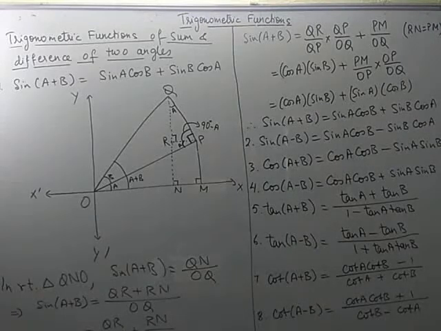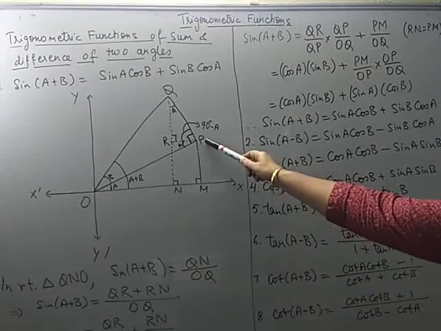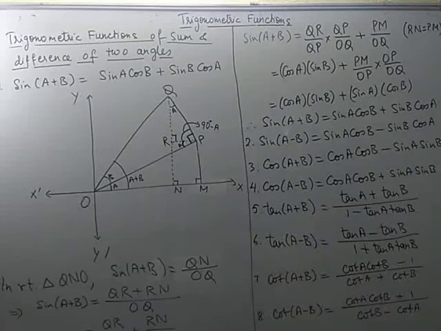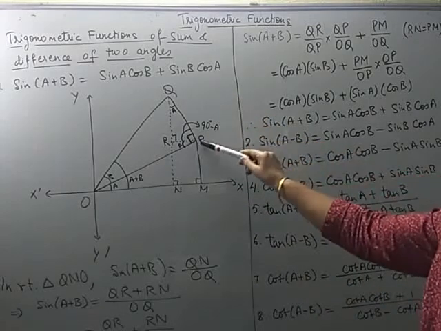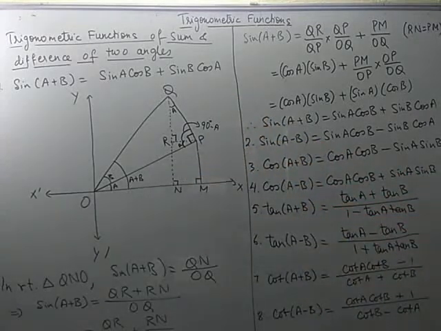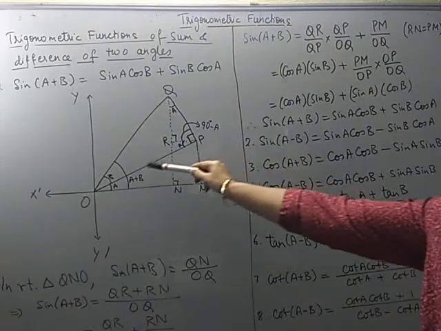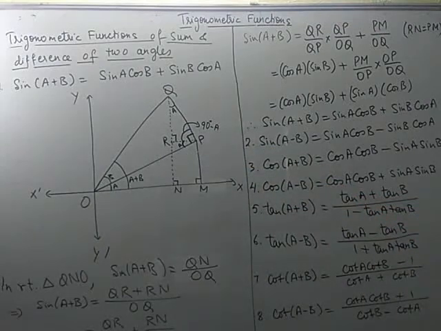In the same manner, when you look at PM and OQ, they are not part of the same triangle. They both are sides of different right triangles. So locate those right triangles. PM is part of triangle PMO and OQ is part of triangle QPO. Now in these two right triangles, do you see some common side? You will find OP is the common side of both the right triangles. So I have multiplied it with OP and divided with OP. So it is now PM over OP into OP over OQ.